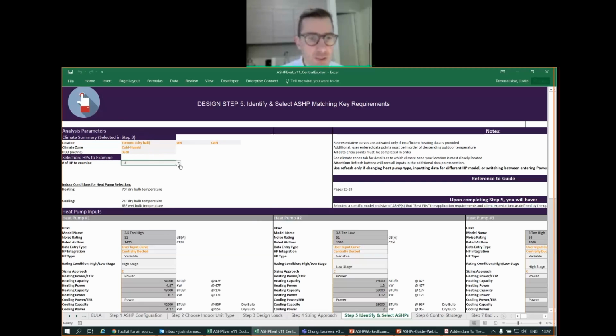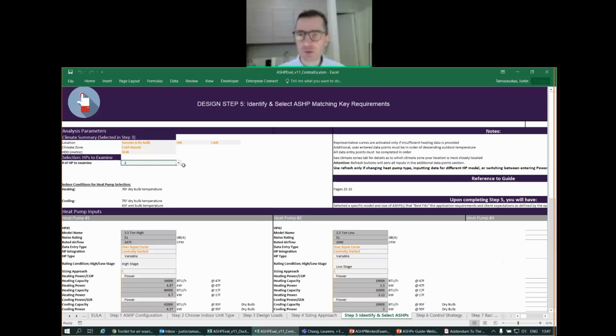So the first thing that the tool is going to ask you is how many heat pumps do we want to look at? And you can select between 1 all the way up into 4. For this initial analysis, I'm going to set it at 2 just to show you some things, and then I'll move it back to 4 to show you how we can compare a number of the options